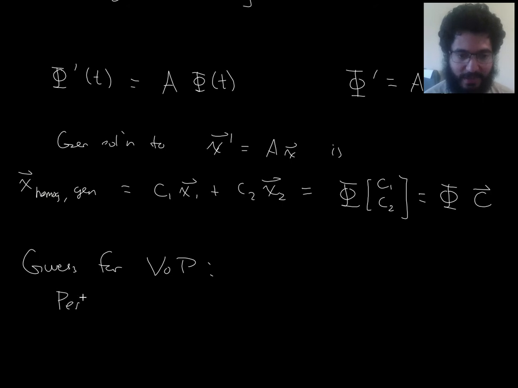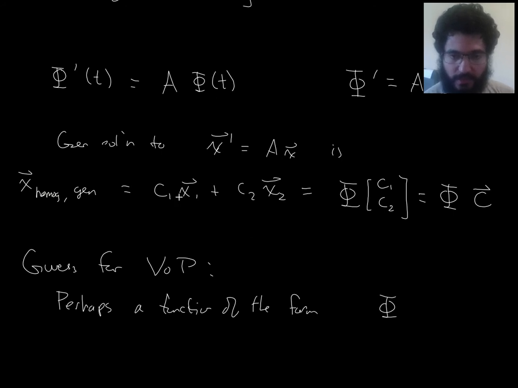Perhaps, let's leave it kind of open as to whether this will work or not, but it will work in the end. Perhaps a solution, perhaps a function of the form our original thing, but with these being allowed to be functions of time. So let me just emphasize that phi is a function of time. It always has been. But now I'm going to allow this vector of coefficients to also possibly depend on time. Perhaps a function of this form